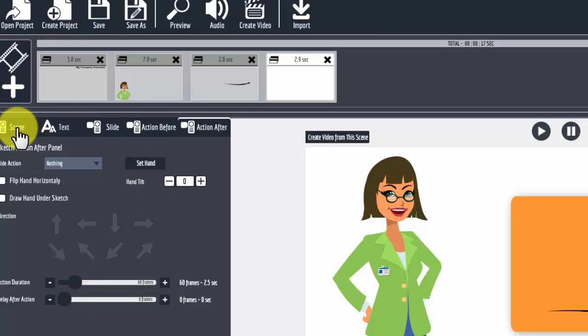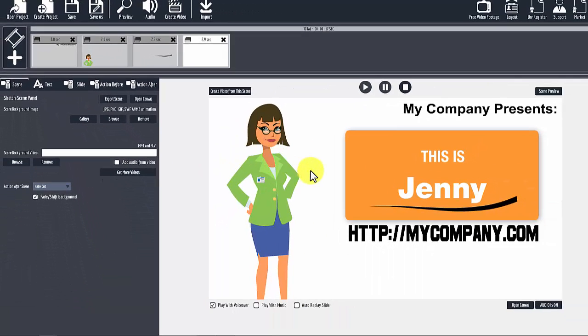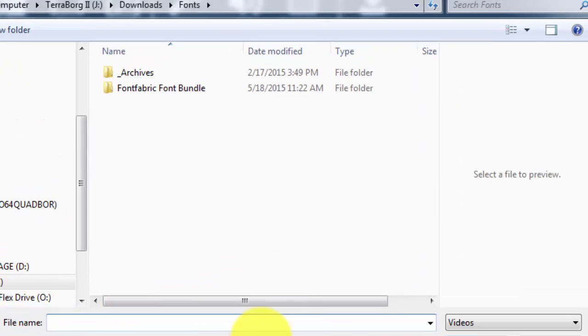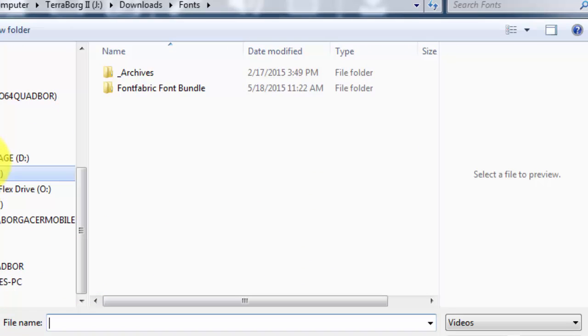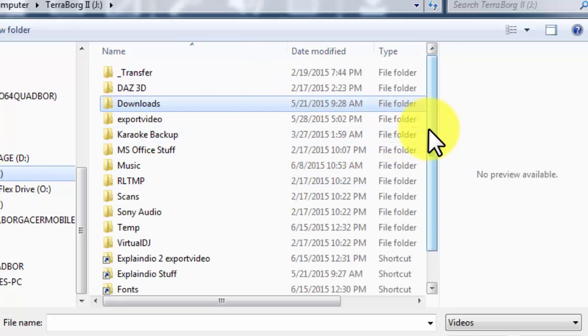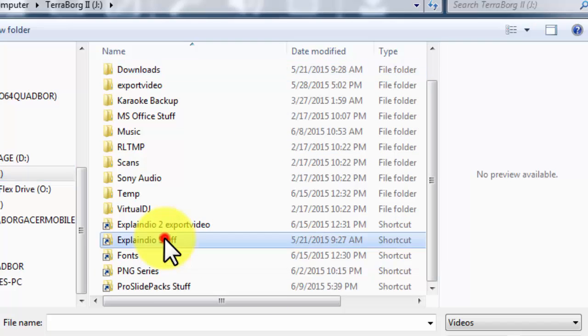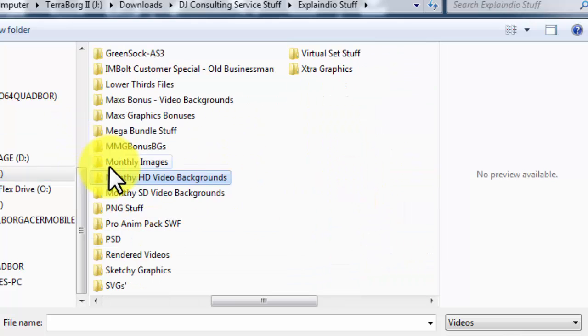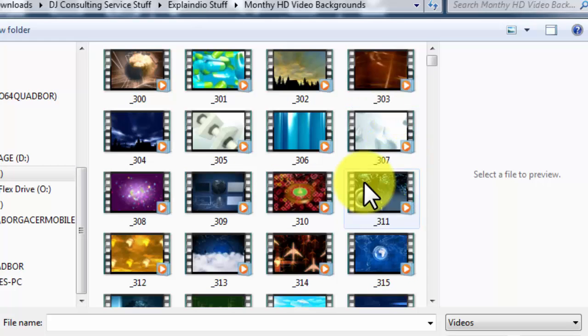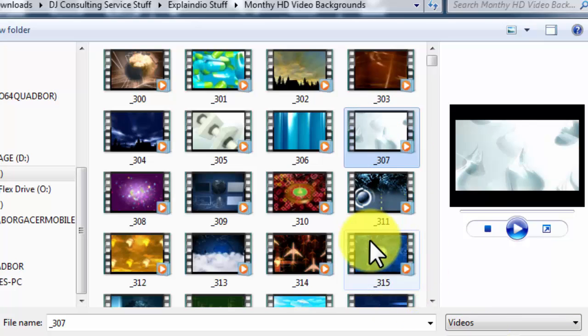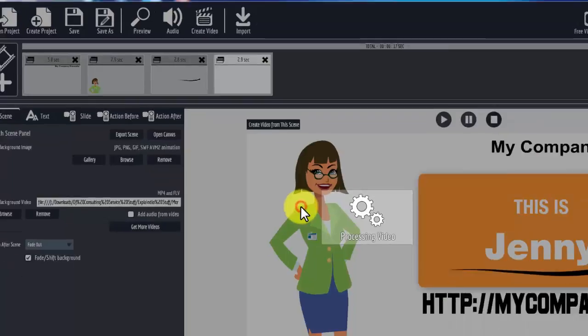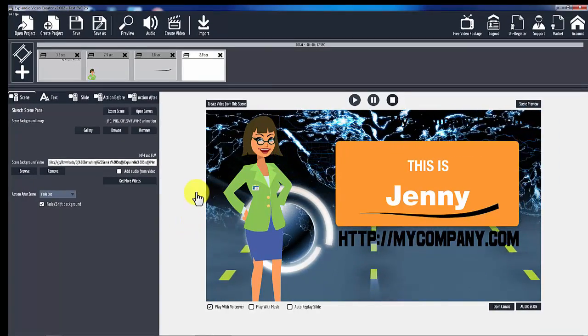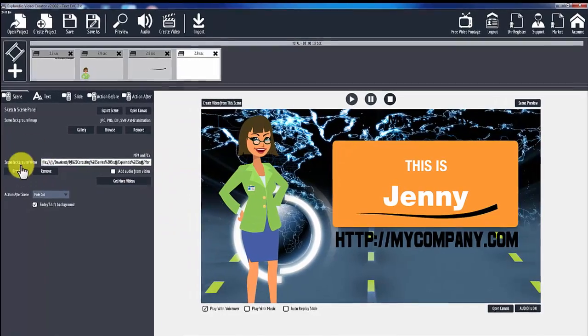2.5 seconds. And some people might be saying, okay, well, you knocked the background out of the slide. Are we always going to have whiteboard with white background? No, you can add some video or an image if you like. So let me go down here to where the Explaindio stuff is and look in the monthly folder for a nice background for our girl here. And let's just put some drops behind her. That's really not long enough. Let's try this one. So that really doesn't work well for the text, but